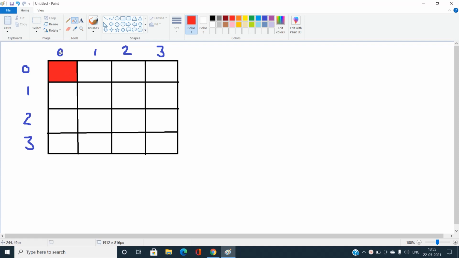I'm going to start traversing this matrix, trying to cover all the possible cases. I'll place a queen over the zeroth column and it is going to be fixed. If I place a queen at any position of this zeroth column, I will try to check.